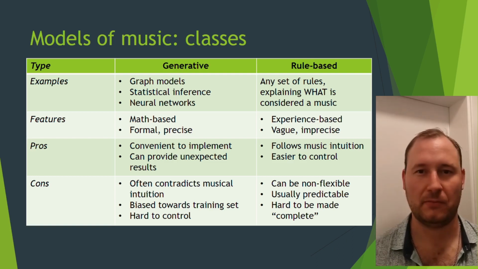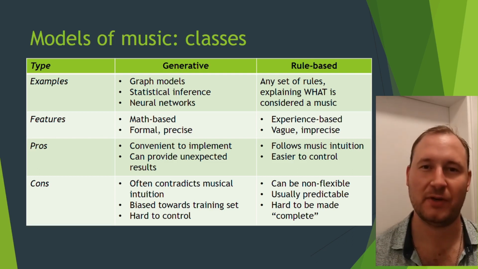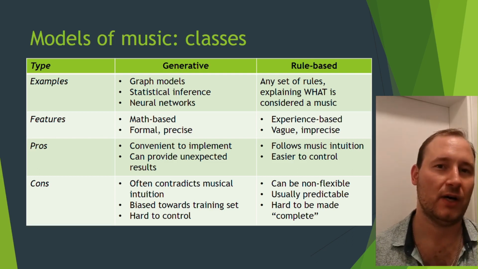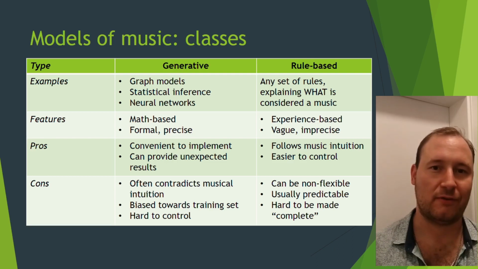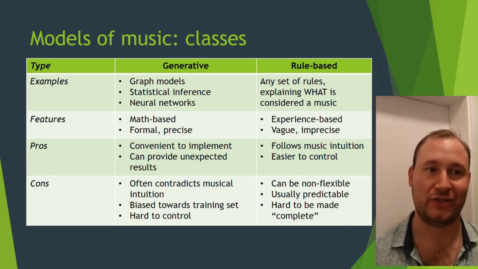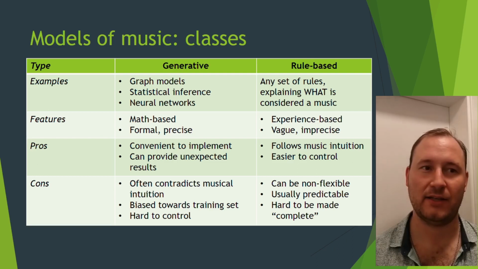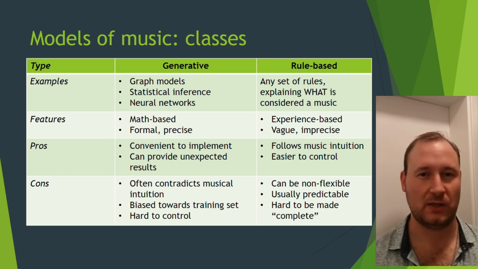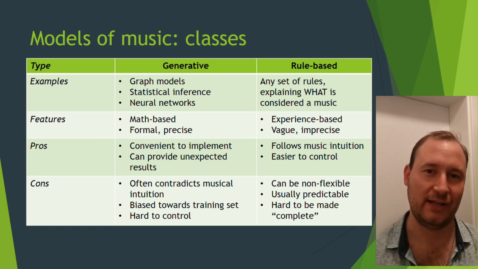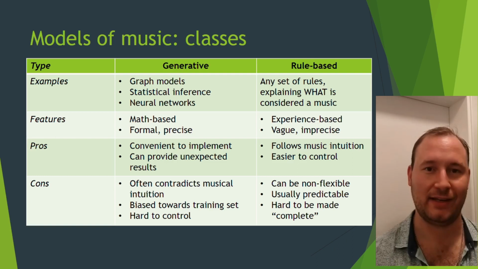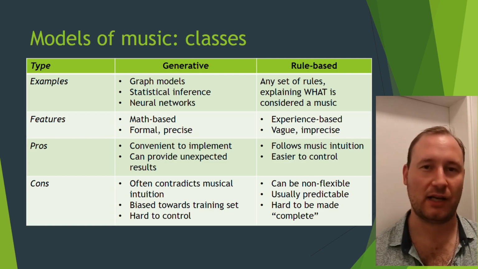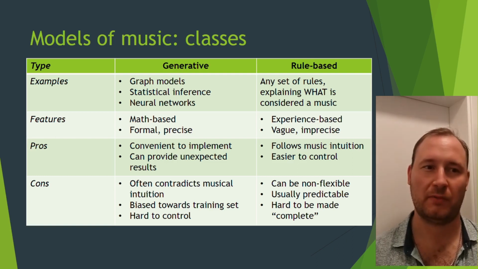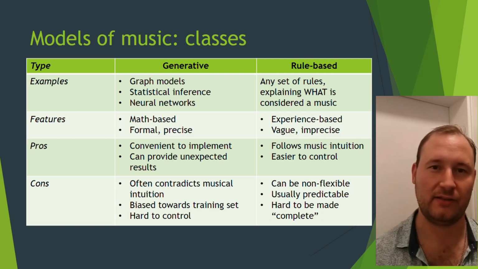For example, neural networks can generate images or music, and often you cannot say how they achieve this or that. On the other hand, it can contradict musical intuition because it's based on different principles, and it can be, and actually is, biased toward the training data which you use for it. And actually it's quite hard to control because everything is done somewhere in the depths of the